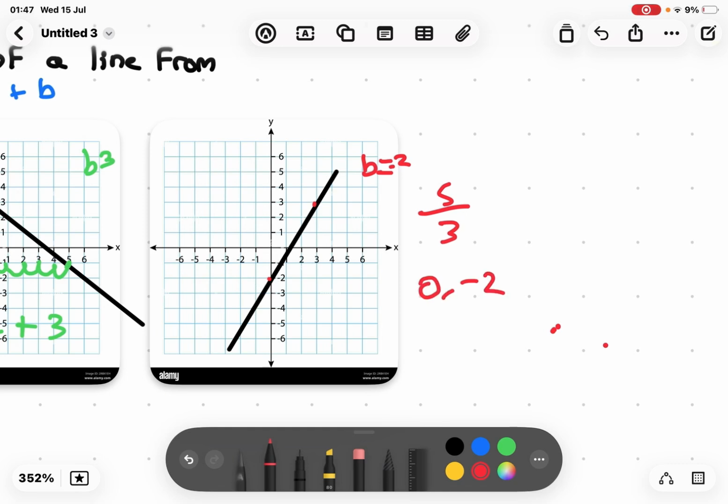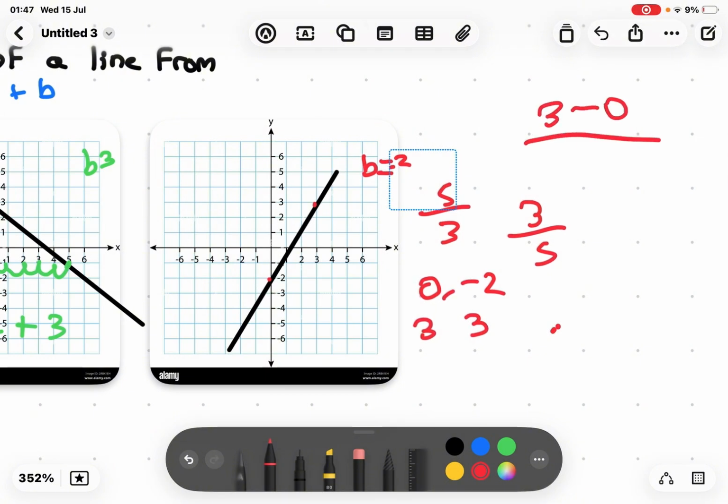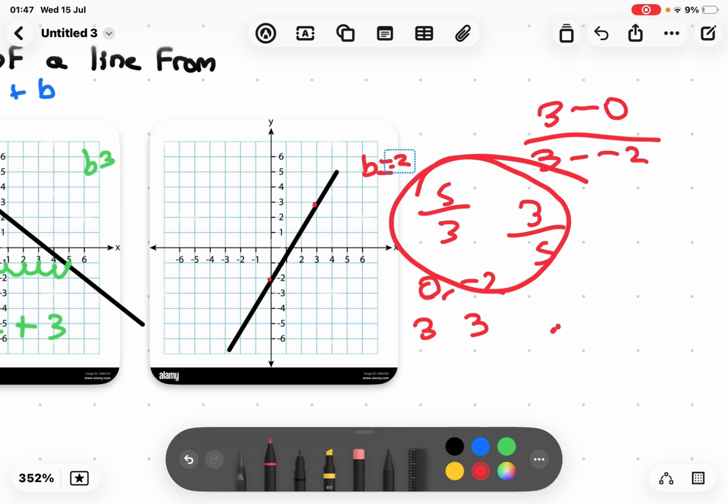And then over here is 3 and 3. So 3 and then 5. Okay, now I'm slightly confused. Okay, we did get the same numbers at least, but like,